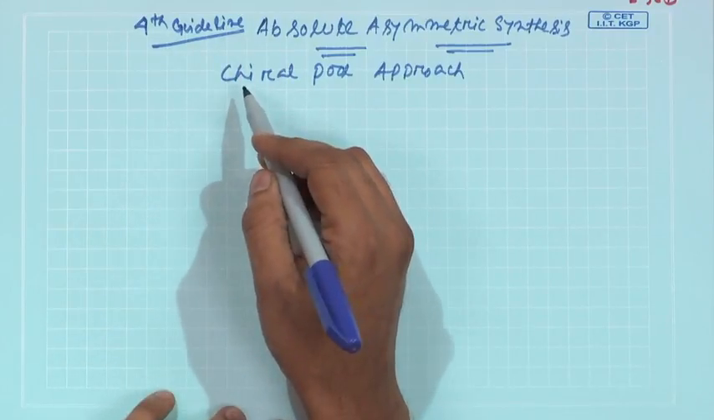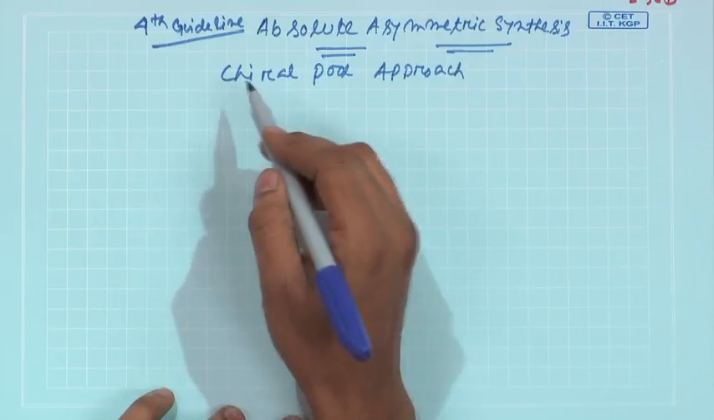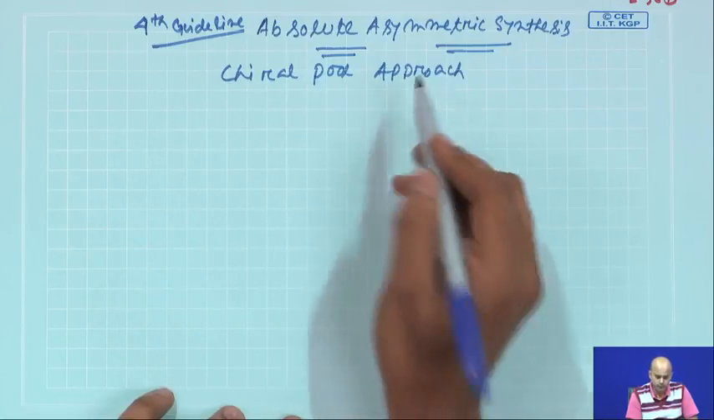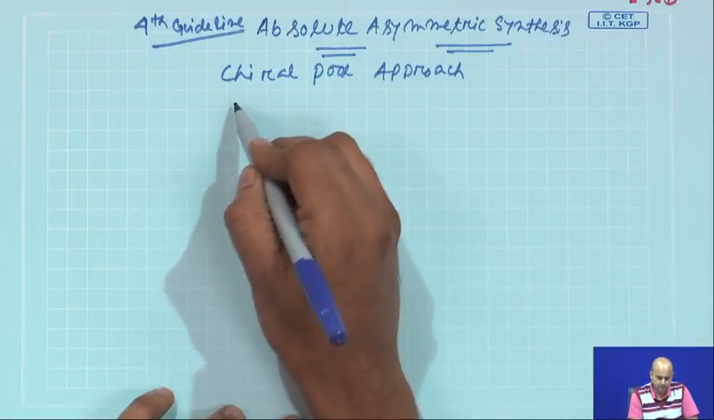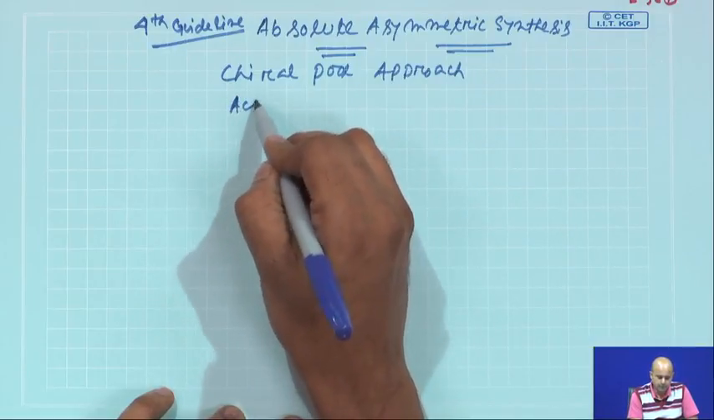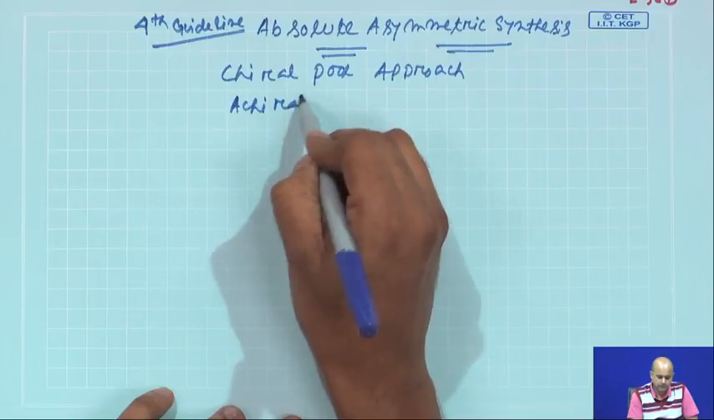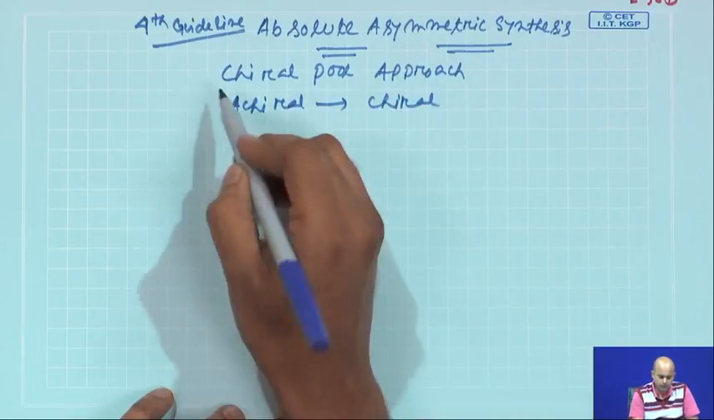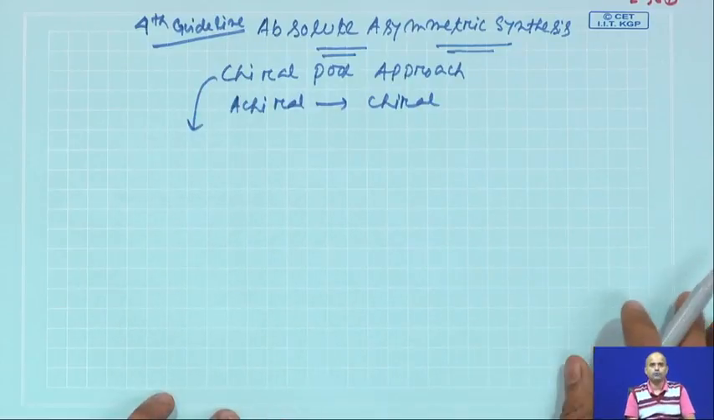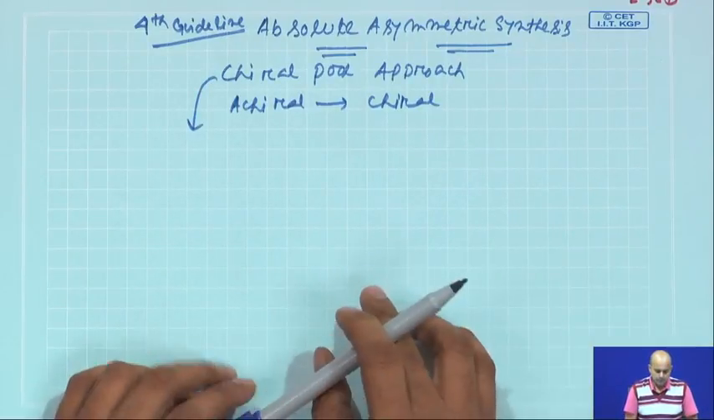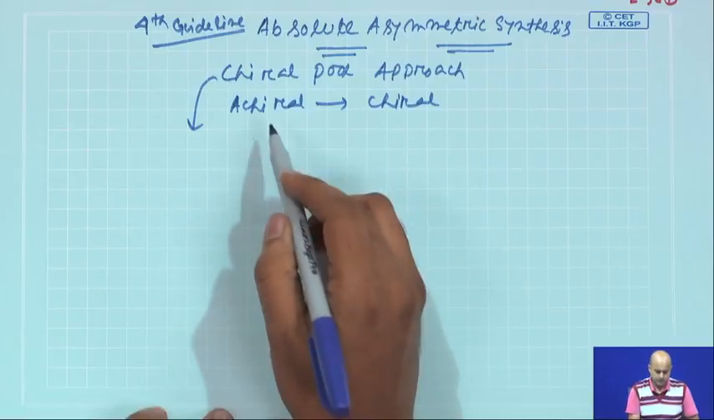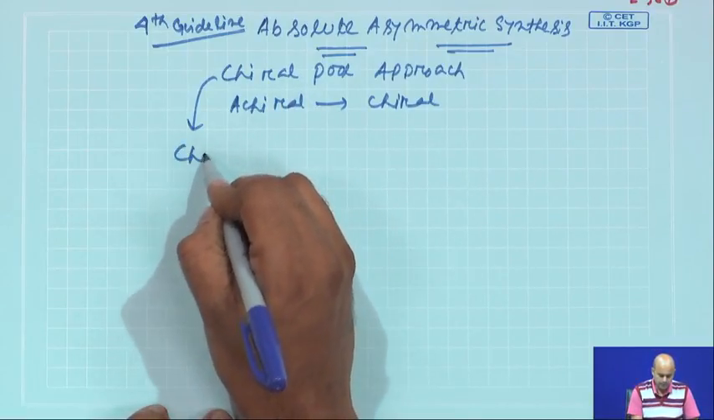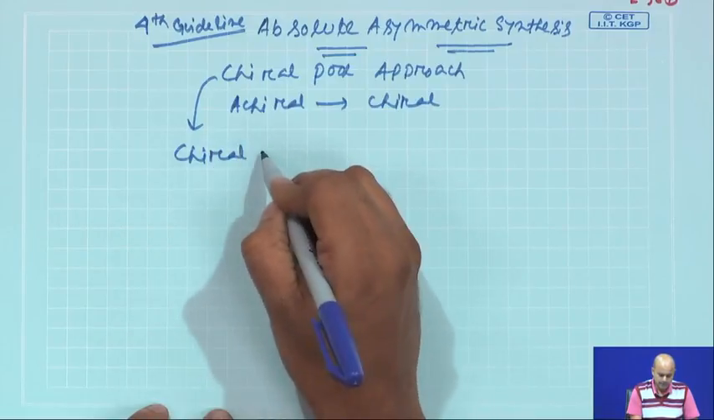In particular, this part will focus mainly on the chiral pool approach, as well as the case where you have achiral starting materials and you just need to create a chiral molecule. First, we focus more on the chiral pool approach. The chiral pool approach is a very old approach. The approach says that you need to have some chiral starting material,